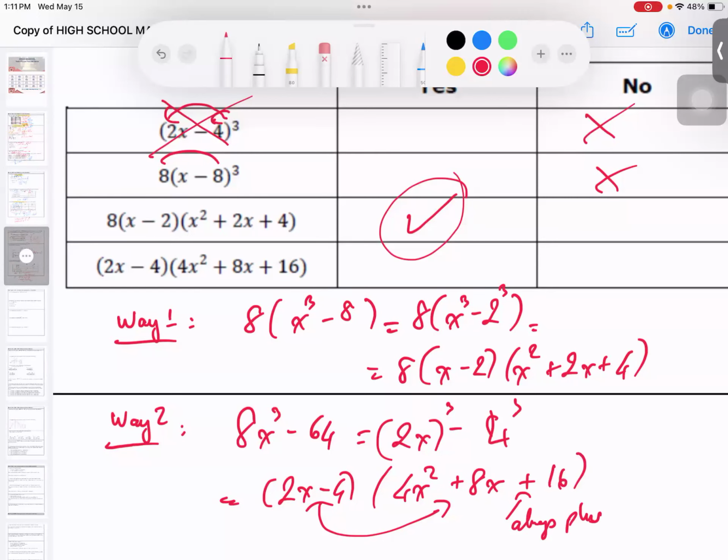Okay. Another way is you take out the GCF. If you take out the GCF, you're going to see 8 can be taken out. You have x cubed minus 8. So that also is yes right here. Yeah, it's right. Okay. All right. So your homework is going to be